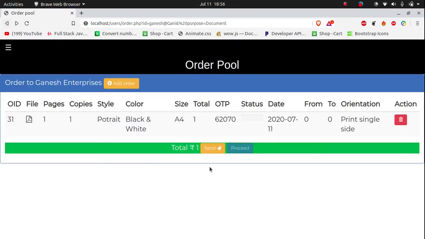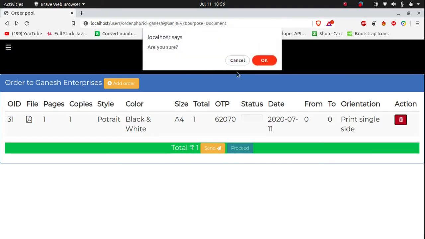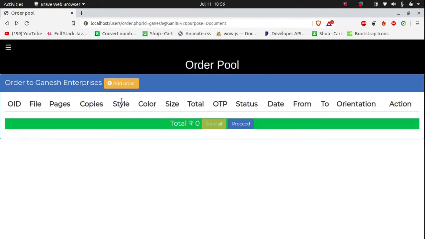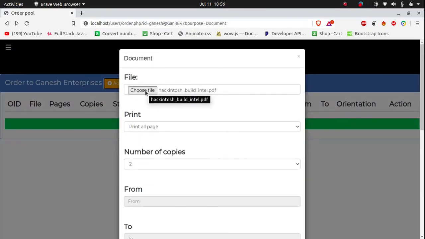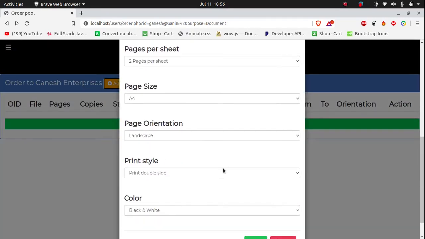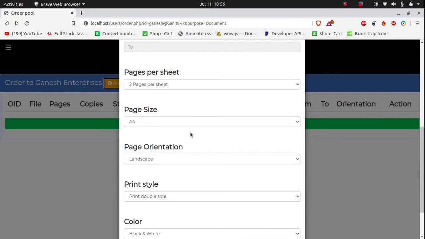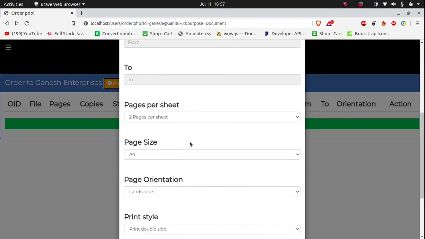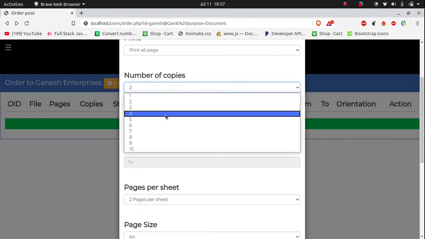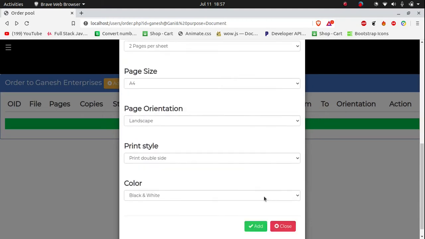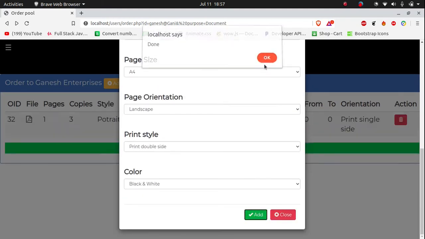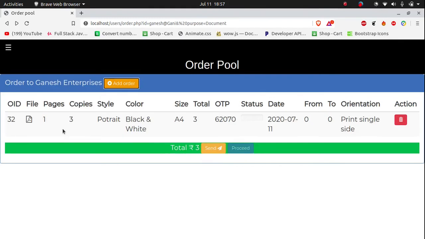Now just to verify, here the file, number of pages. Here, no, I don't want it to be 1. Let me just delete that. And here, number of copies, I want it to be 3. Right, done, close. Number of copies 3, I have it here.